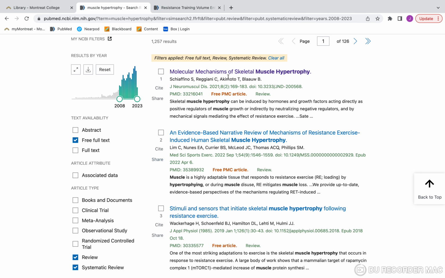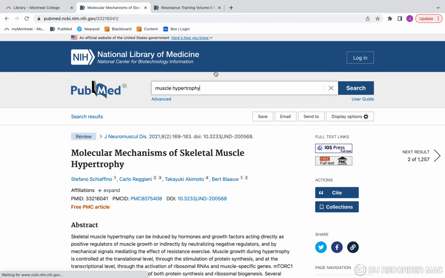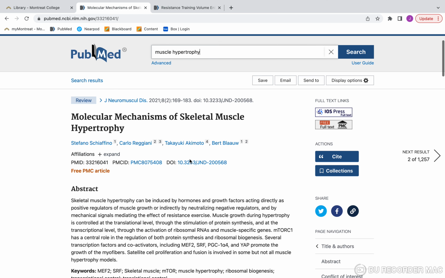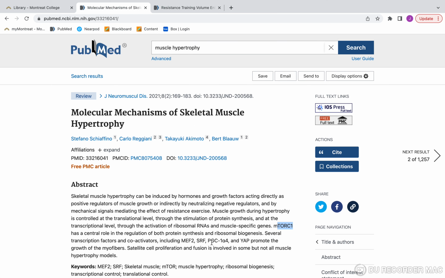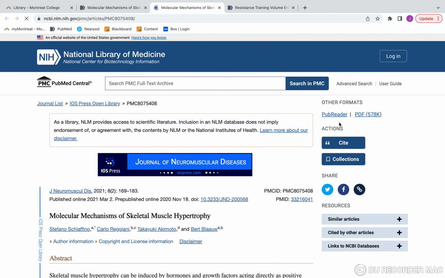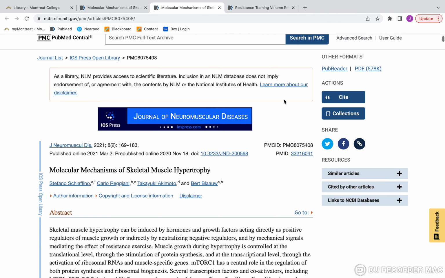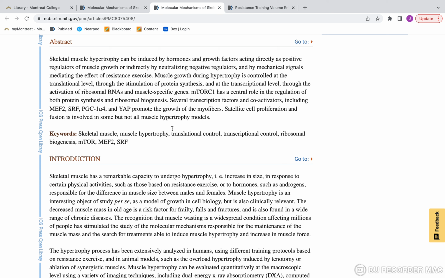So again, we can see we have molecular mechanisms of skeletal muscle hypertrophy. If you want to just take a dive into molecular mechanisms, but you don't want to read a whole study about mTORC, and you don't want to read a whole study about PGC1 alpha or satellite cells, or 10 articles about each of these, but you want to get the main ideas, that's where this review comes into place. You'll see there aren't the typical patterns.